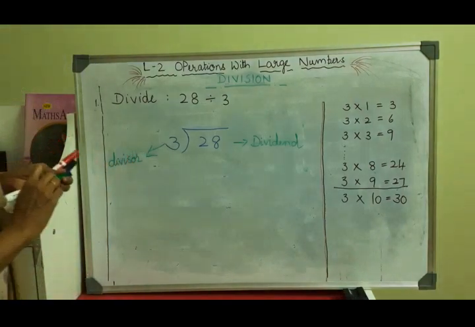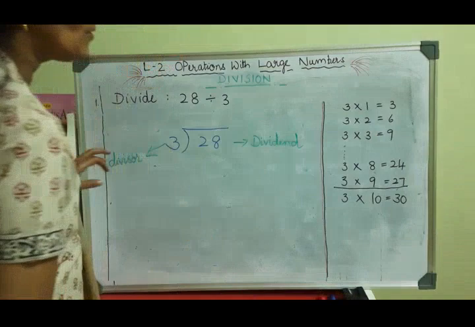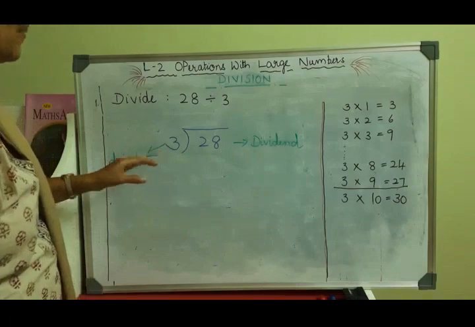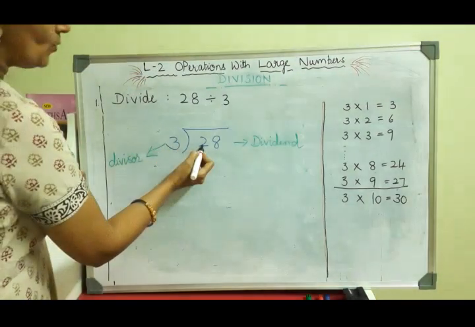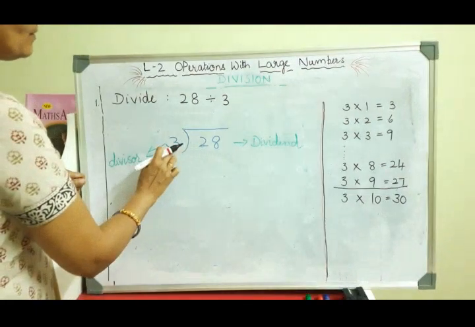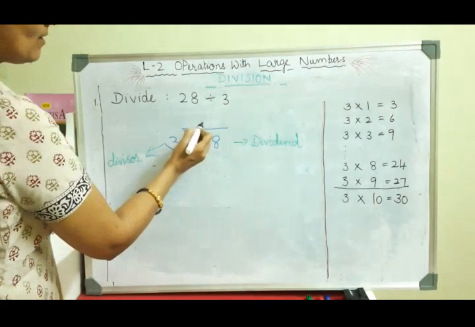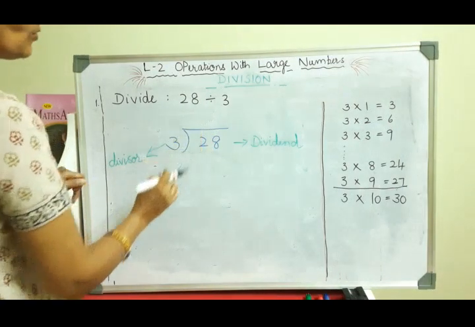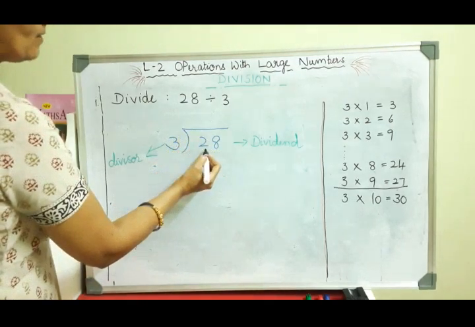Now we will divide. We always need a multiplication table of the divisor. Always write the multiplication table of the divisor in the rough area to make the calculations easy. Now we will check. Can you divide 2? First you have to select the leftmost number. You cannot divide 2 by 3 because 2 is the smaller number. So I will not write 0 here, because a 0 at the beginning of a number has no value. Straight away you can read these 2 digits together.